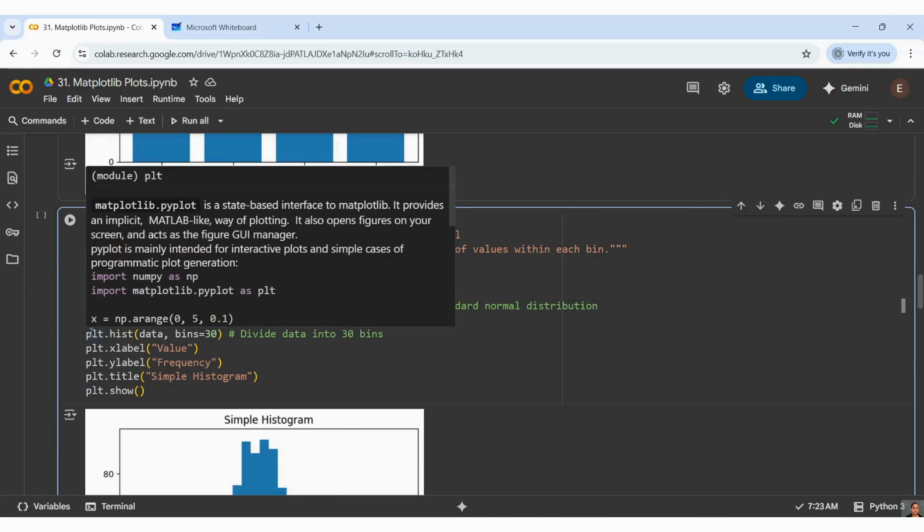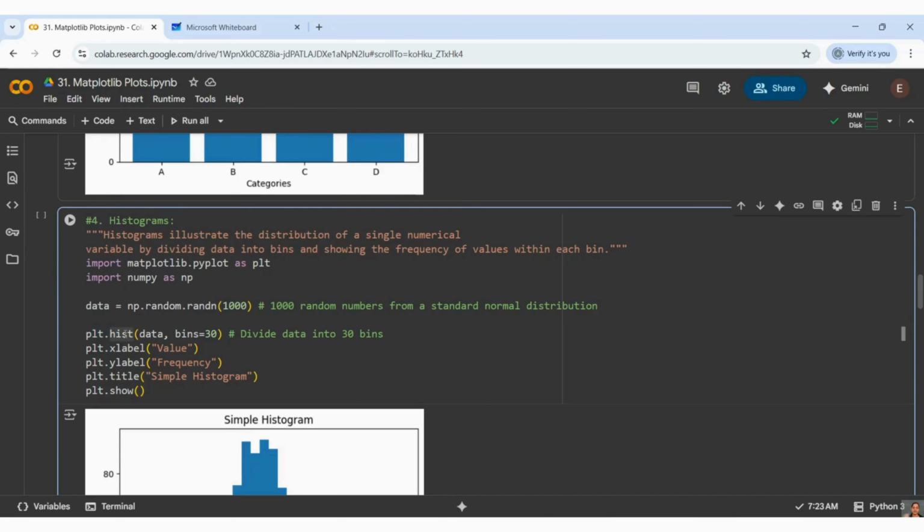And now I am plotting my histogram. In previous examples we saw how to create plt.bar, plt.scatter. Now plt.hist with data. I'm giving my data as input, and it is always asking for bins, guys. The key question in an interview is how you will justify a histogram. What is the input it will ask? Bins is the one it will ask. You can give bins as a value. It's an integer value, and here I have given 30.